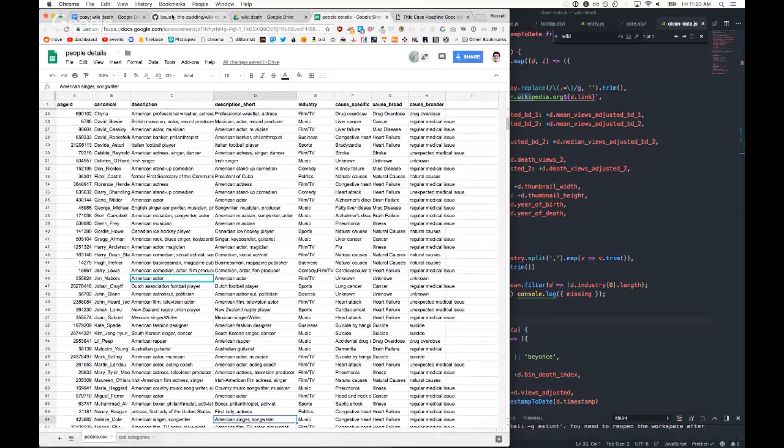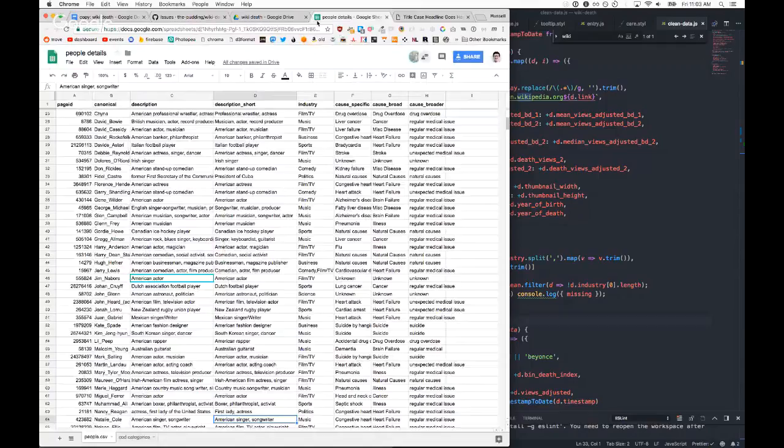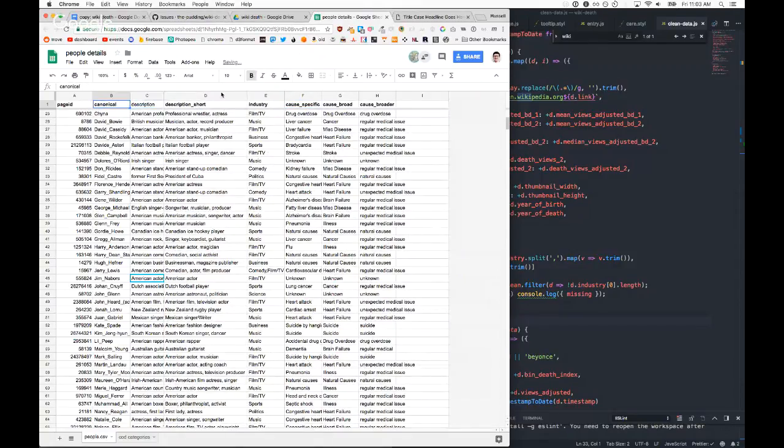When do you think you're going to? I can do the annotation with it. So actually, this is now becoming the custom data sheet. So what are these two? Which one did we end up using? We use broad, right? Yeah, because broad, and then specific is in the tooltip. Okay, so we're using this, we're not using this. This was just for reference initially. Yeah, and then we're using the short description. Those are just for joining.